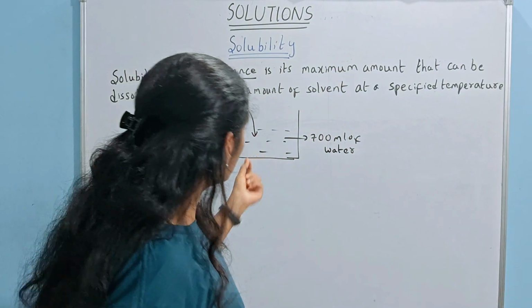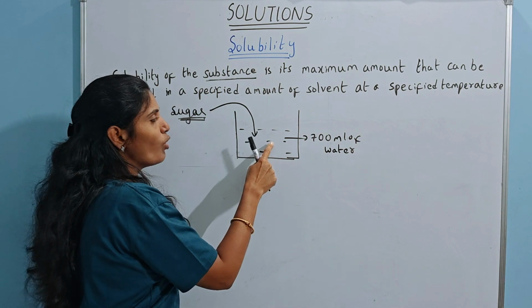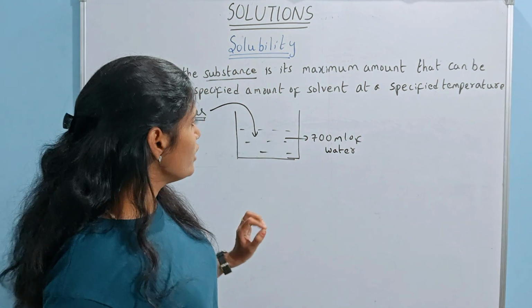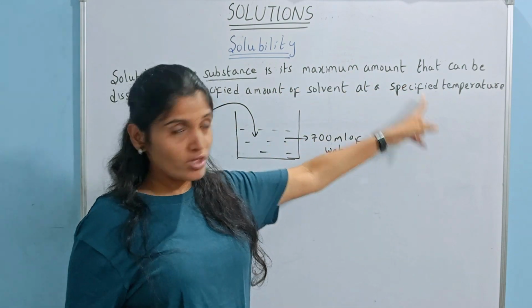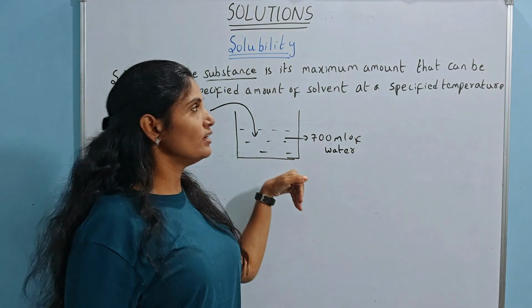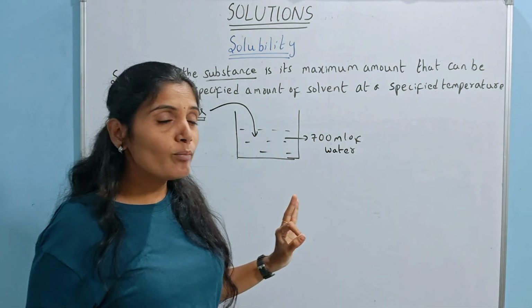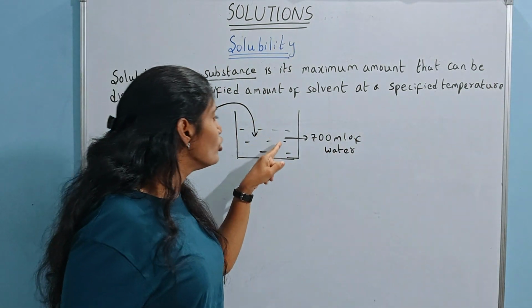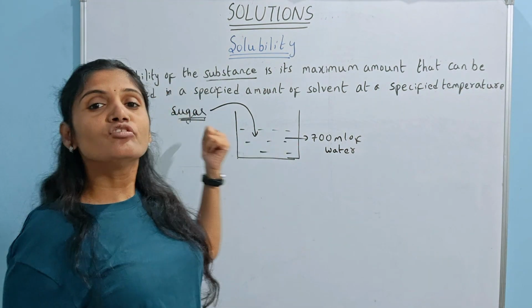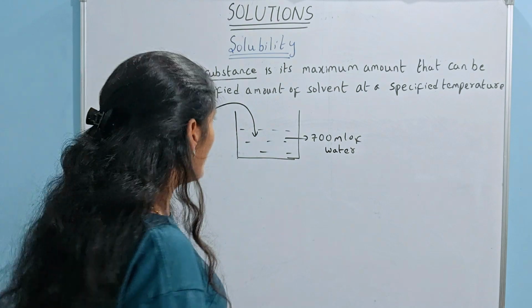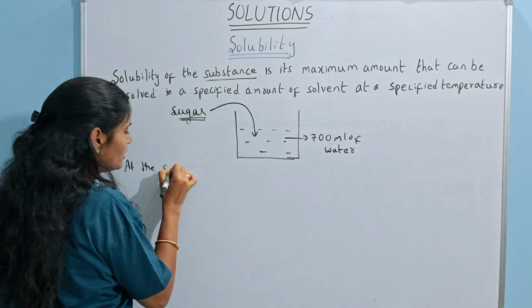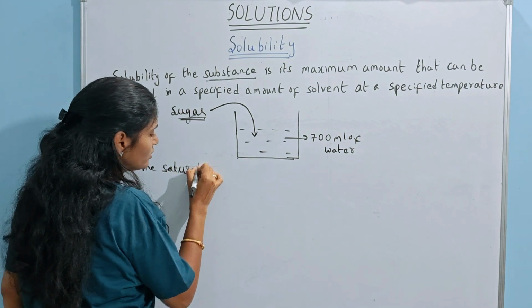At that particular point, when the water can no longer take any sugar, at a specified temperature, with a specified amount of solvent, how much sugar is soluble in water is its solubility. Now what can I say here? At the saturation point,